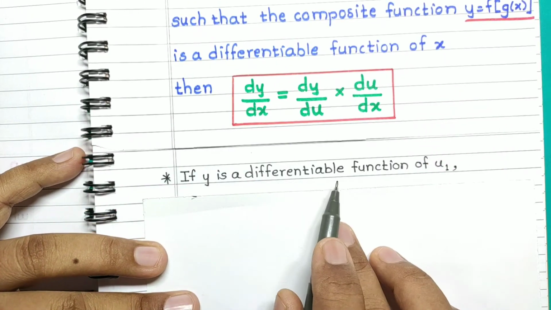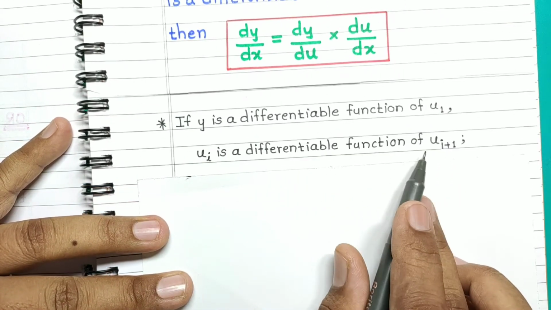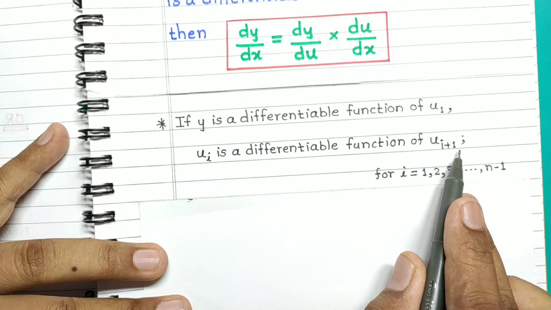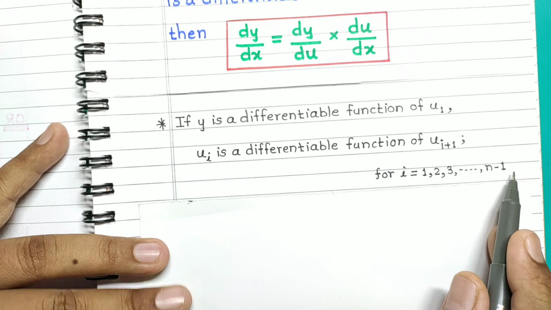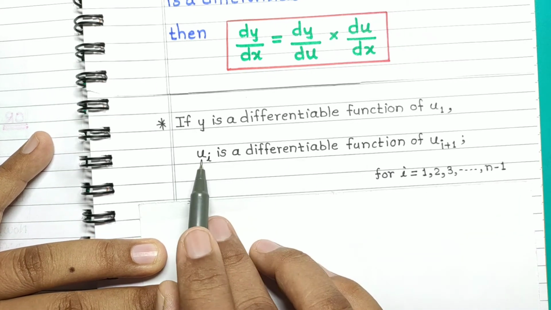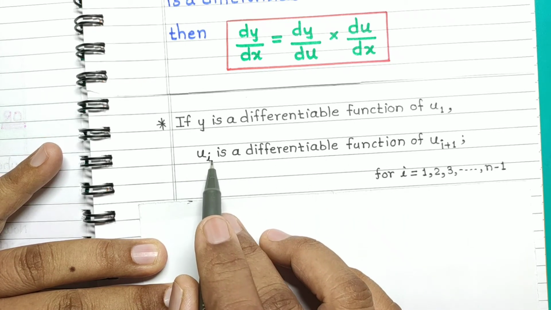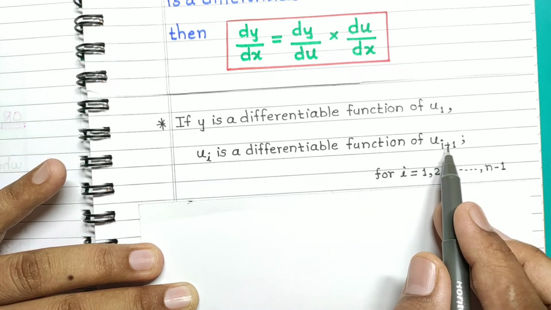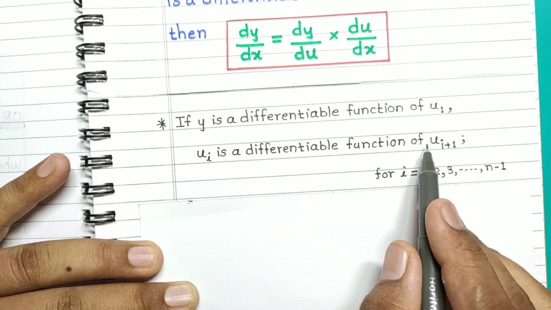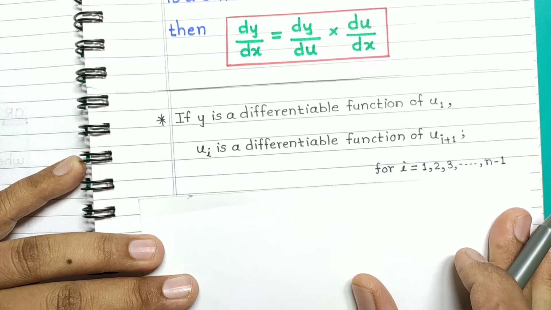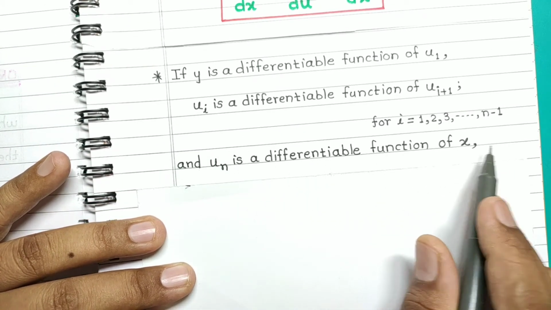If y is a differentiable function of u1, ui is a differentiable function of ui plus 1 for i equal to 1, 2, 3 up to n minus 1. So if i is equal to 1, u1 is a differentiable function of u2. If i is equal to 2, u2 is a differentiable function of u3, and so on. And the last term will be un is a differentiable function of x,